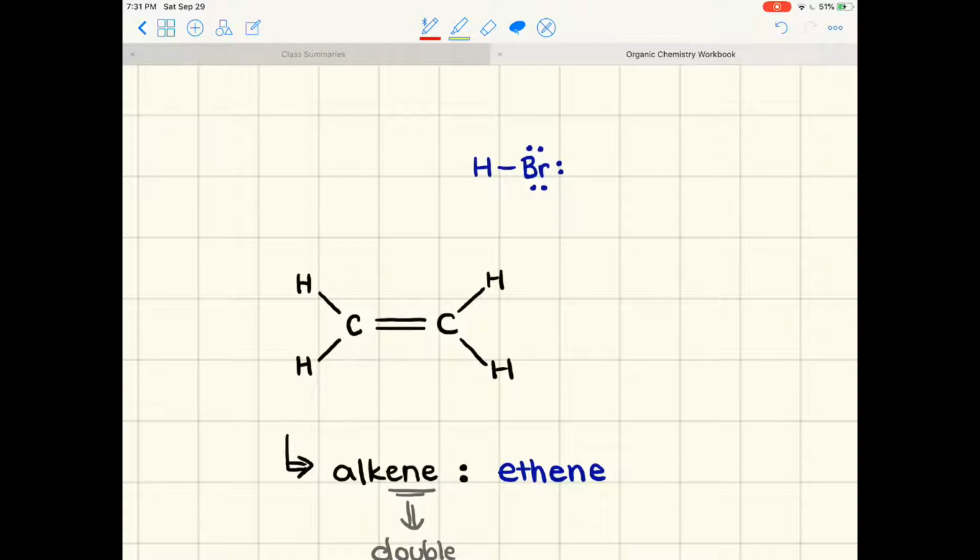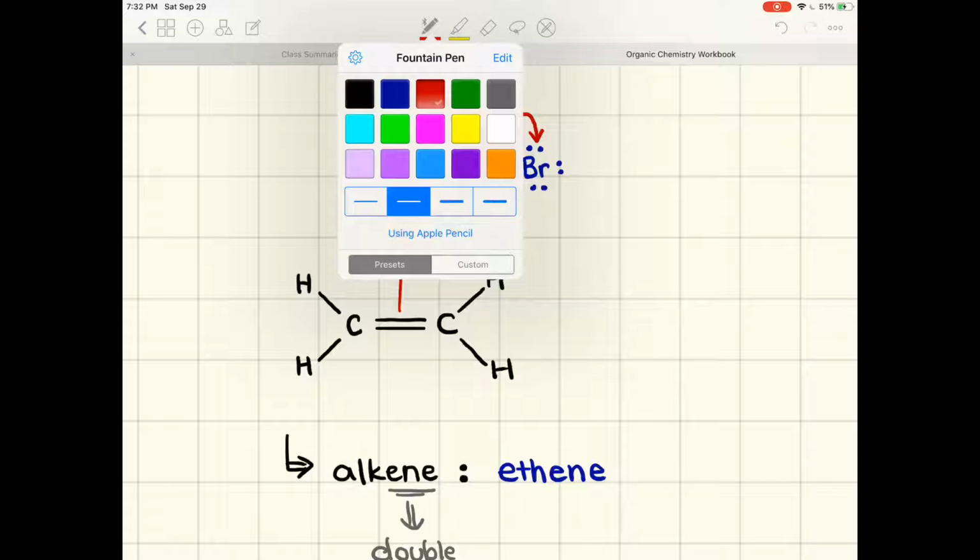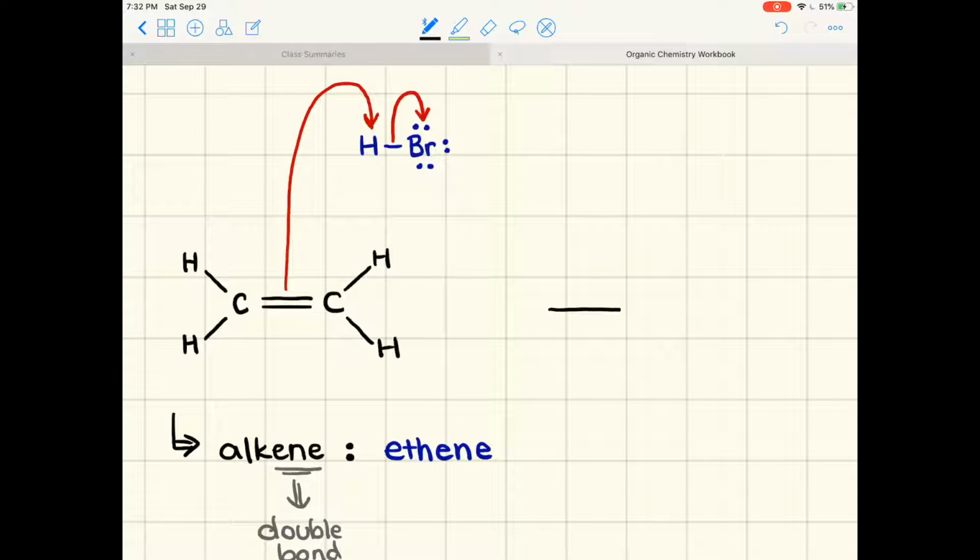Alright, so now what happens? You have this double bond, and we're just going to move one of those electron pairs and use it to attract that hydrogen over. Because of that, hydrogen can only accept 2 electrons in its vacant orbital. By accepting these electrons, it breaks this bond, and so the electrons from that bond go to bromine. What this produces,